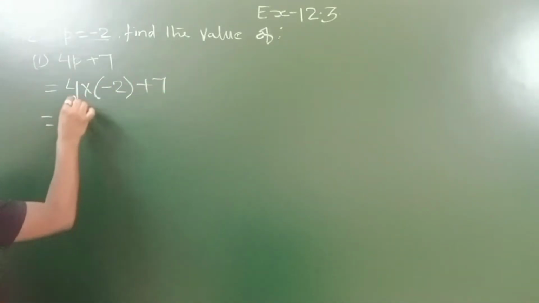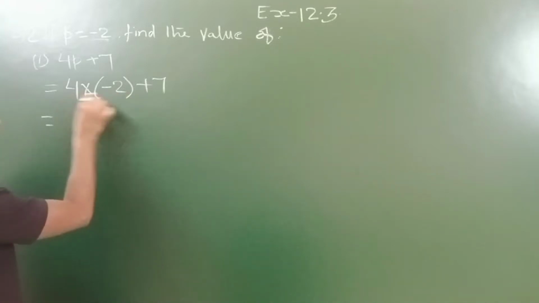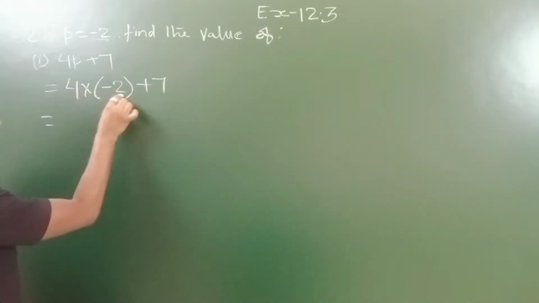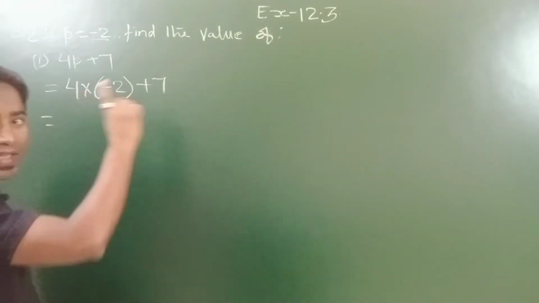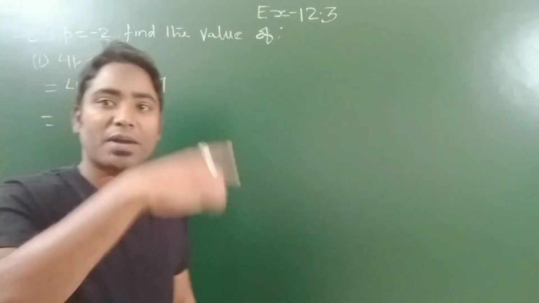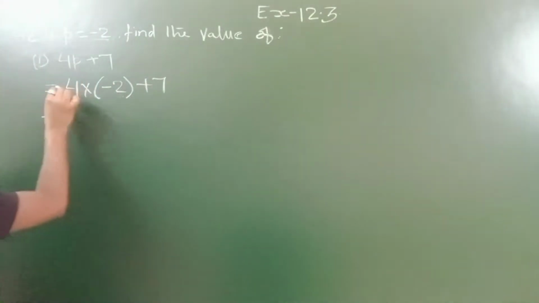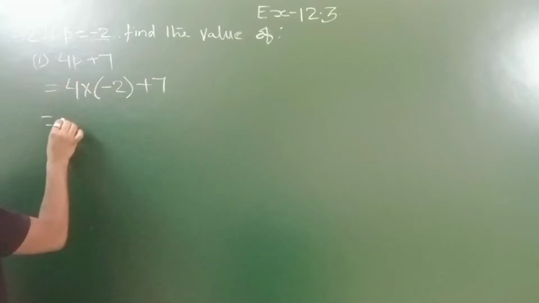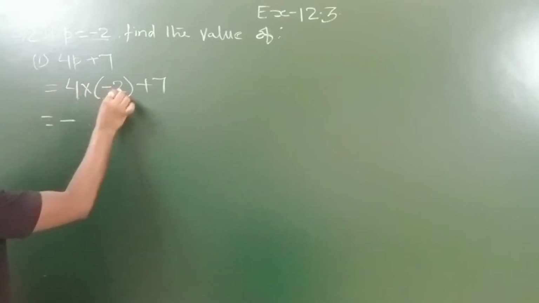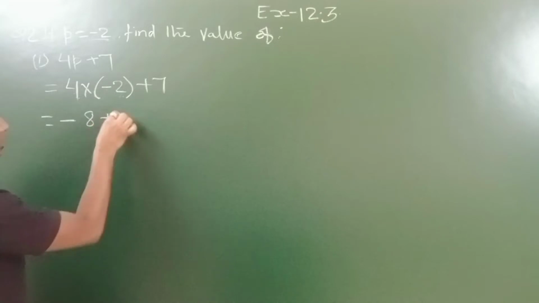Now if you look minutely, students, this is nothing but multiplication of integers. Plus and minus. First we multiply the digits and then we multiply the signs. Before 4 plus sign is there and before 2 minus sign is there. So plus into minus you will get minus, and 4 twos are 8, and then plus